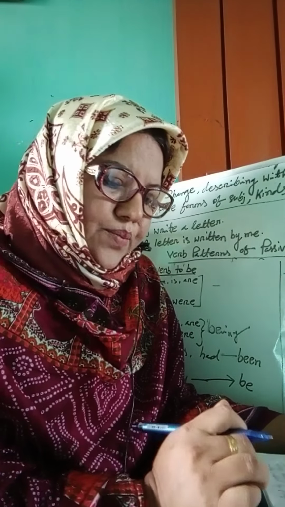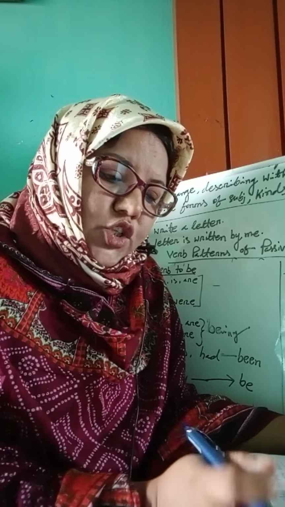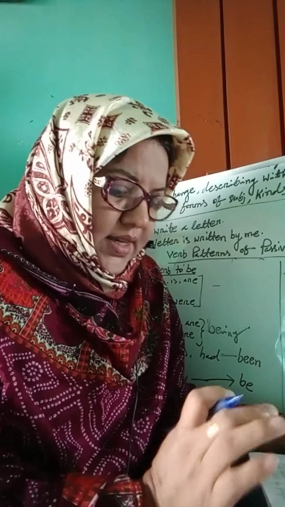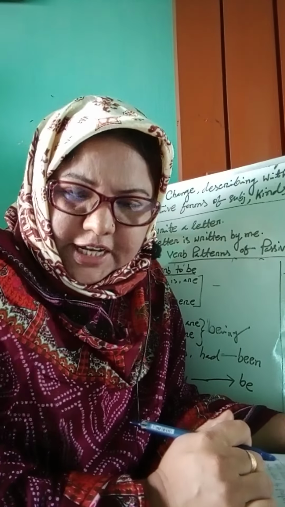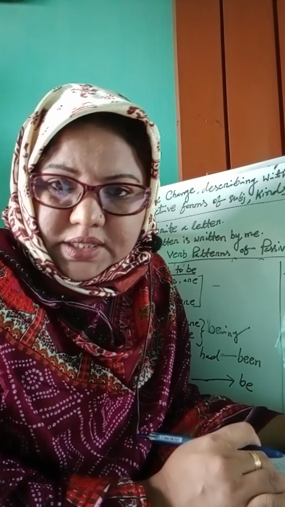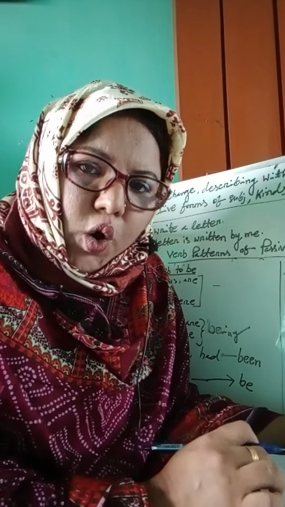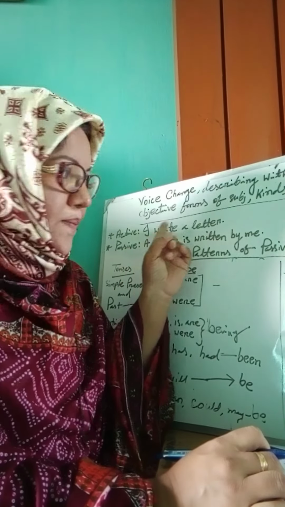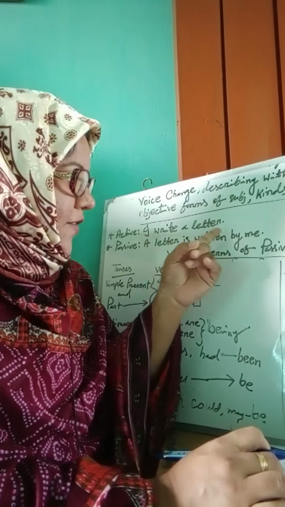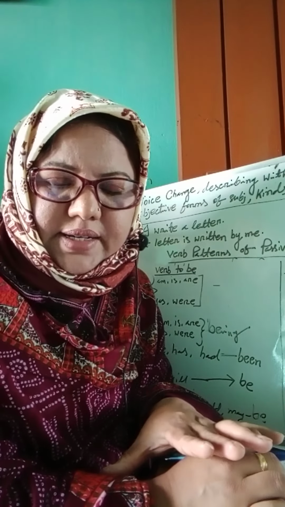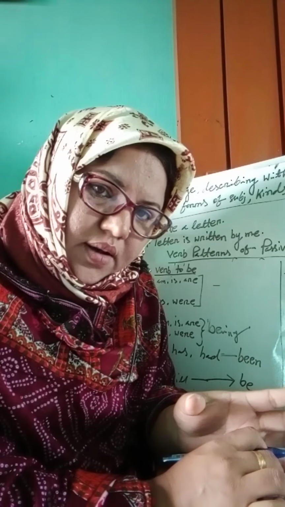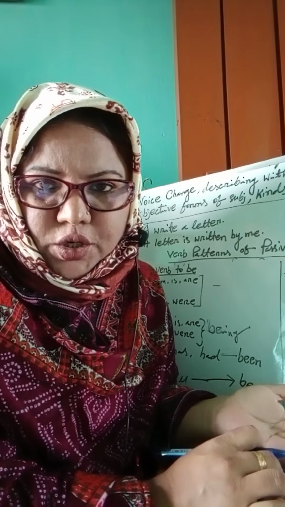Rule 2, the subject of the verb in the active voice becomes the object in the passive voice, added by a preposition, most of the time by, but other prepositions can be added before the object. তার অর্থ অ্যাক্টিভ ভয়েসের সাবজেক্টটি প্যাসিভ ভয়েসে বাইযুক্ত অবজেক্ট করতে হয় মোস্ট অফ দ্য টাইম, বাট অ্যানাদার প্রিপোজিশনস ক্যান বি অ্যাডেড অ্যাকর্ডিং টু দেয়ার মিনিং। অর্থাৎ অন্যান্য প্রিপোজিশন মিনিং অনুযায়ী চেঞ্জ হতে পারে। ওকে,